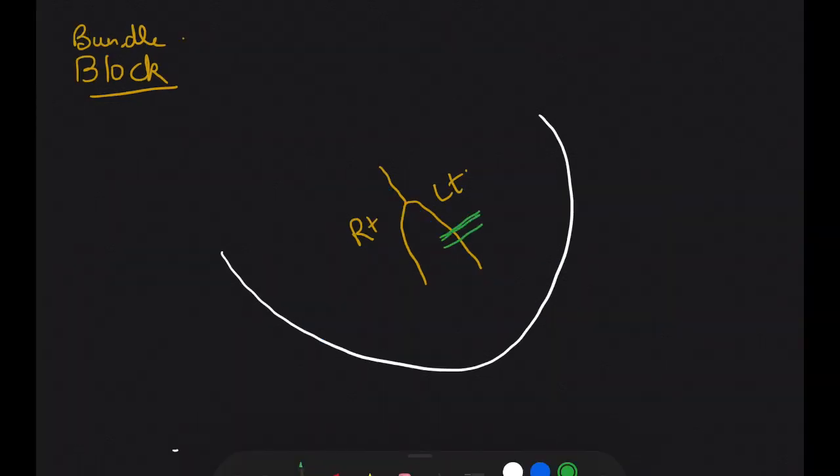Now similarly, if we talk about the left bundle branch block, we'll take the lead V6 in this case. Again the impulse will come, it will start depolarizing the left ventricle, but it will stop in between and the left ventricle depolarization will stop. Now in V6 we'll get a positive deflection because of left ventricle depolarization, but it will stop.